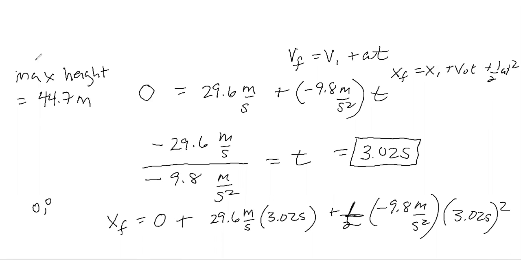Okay, I'm going to clear all this. Now I am going to find the range. The range is the distance that the ball travels. And your book does it by finding the total time using the displacement, knowing it's a level playing field, so your book uses the y displacement as being 0. I'm going to do a little shortcut. Since I know it's a level playing field, and I know this is 3.02 seconds, I'm going to assume it's got a symmetric path, and I'm going to use my total time